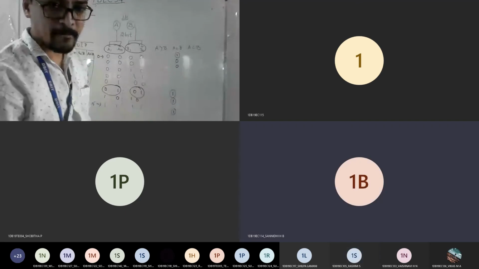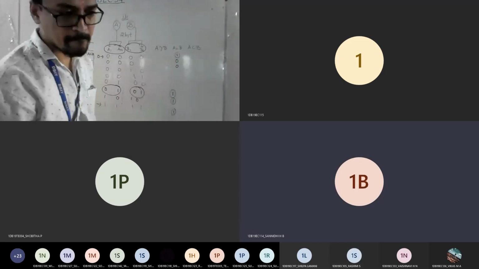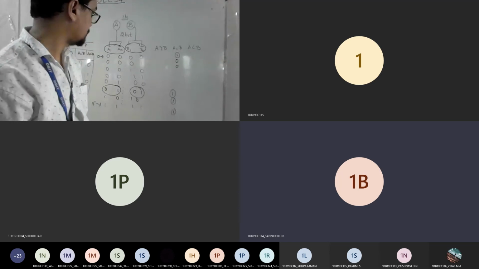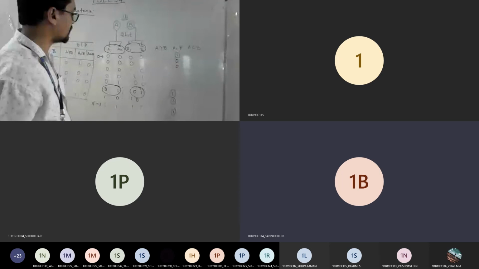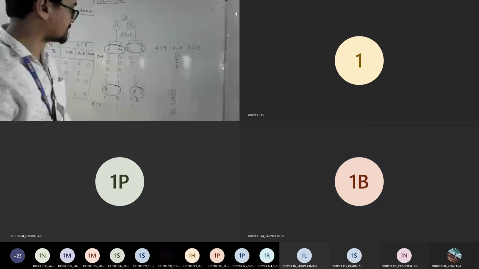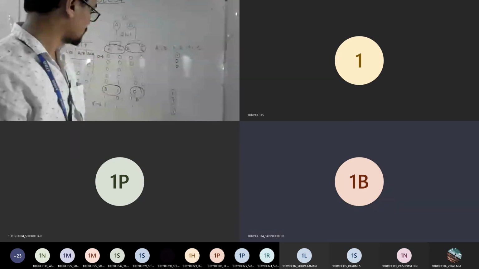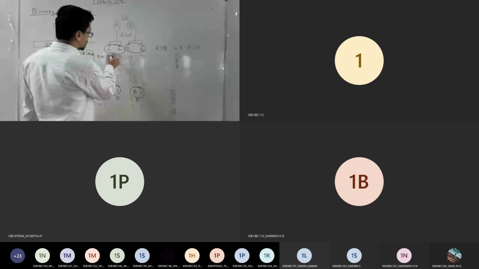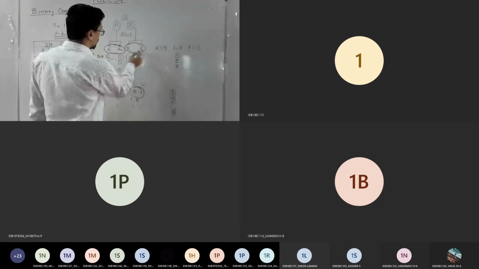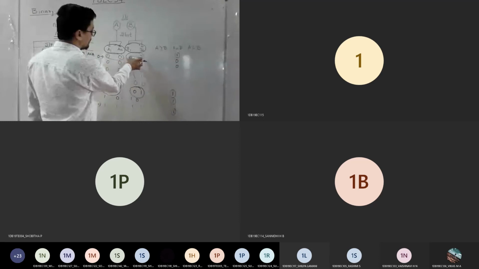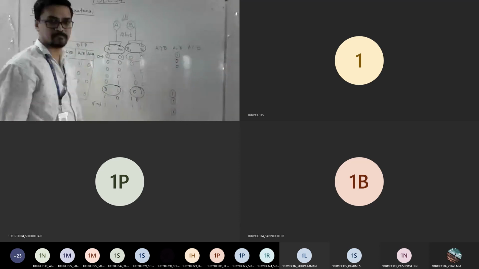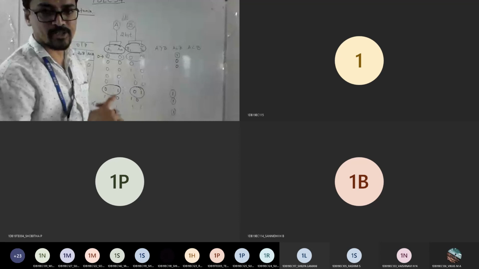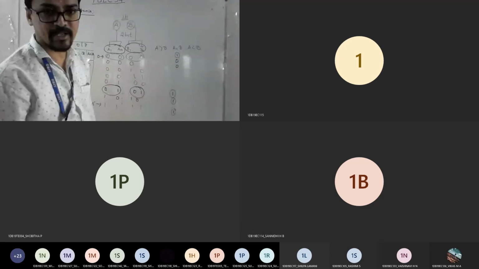Excuse me, sir. I didn't get how to compare. Please repeat, sir. You have written the complete truth table for 16 combinations here. Yes, sir. In that, can you see the combination of 0, 0 and 0, 0? That is the first one, right? So this is A, this is B. So A and B both are the same. If I take 0, 0, 0, 0, A and B both are the same, yes or no?